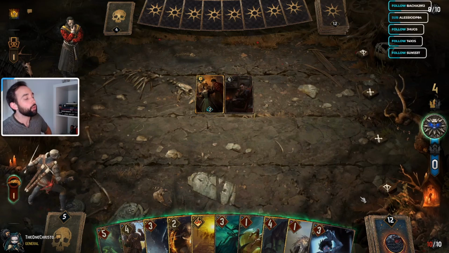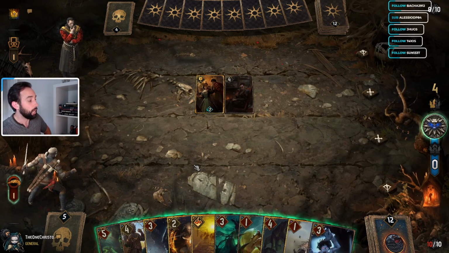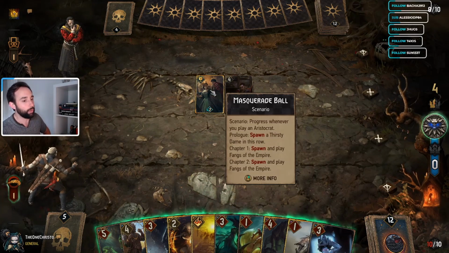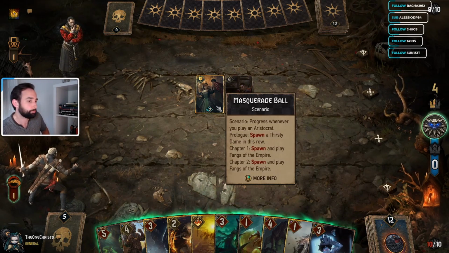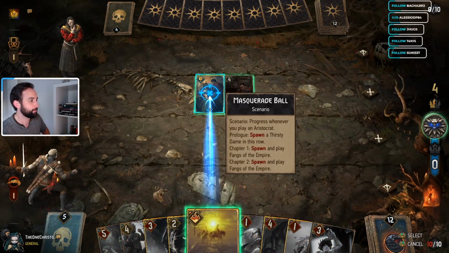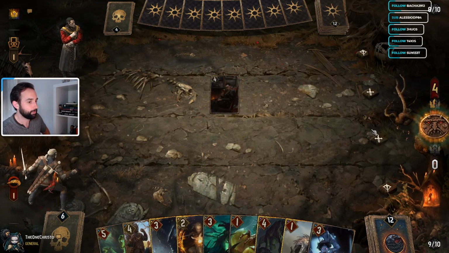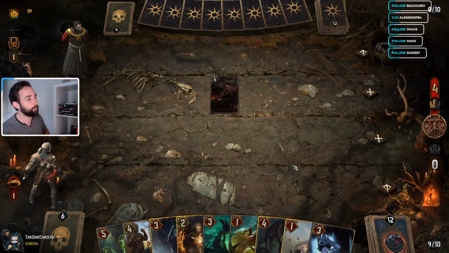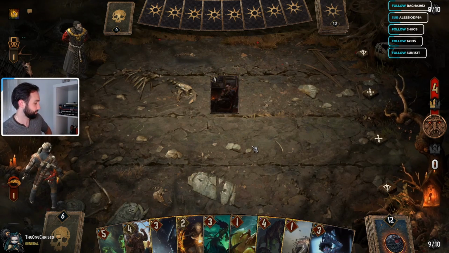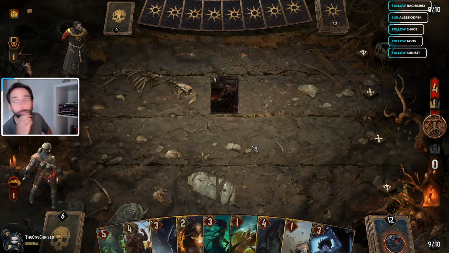I guess we want... So my whole logic was that Nilfgaard doesn't push. I, of course, am completely incorrect and they're pushing. I mean, I can just heat wave this, right? Kind of the only way we win this. That might be enough to get him to consider passing. Might not be, but...